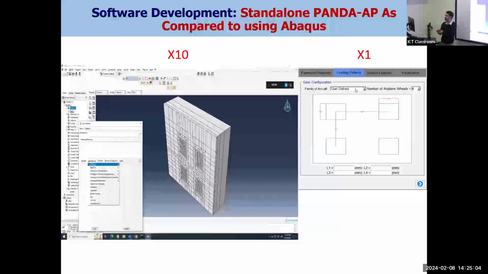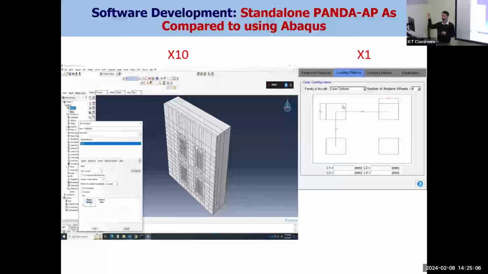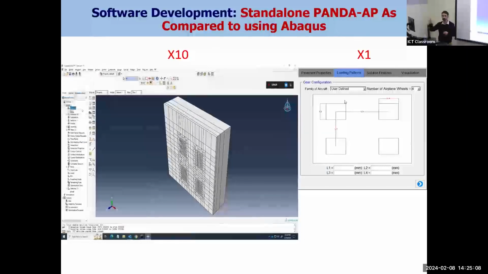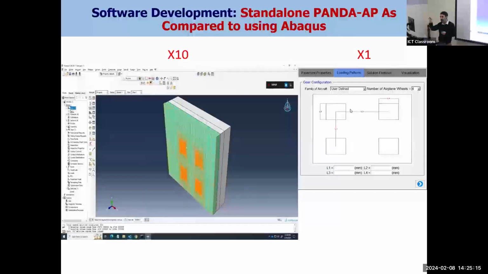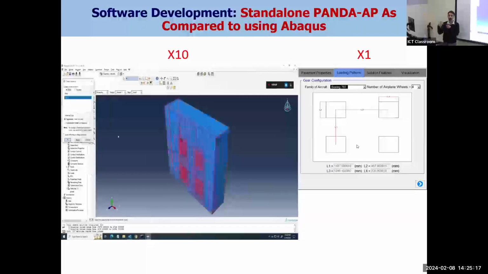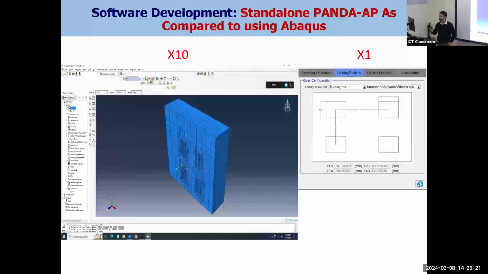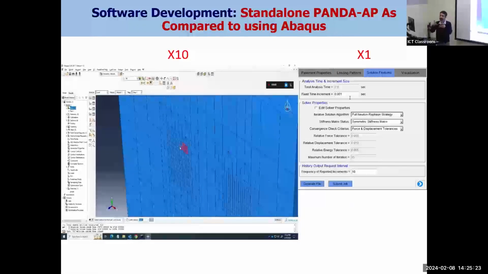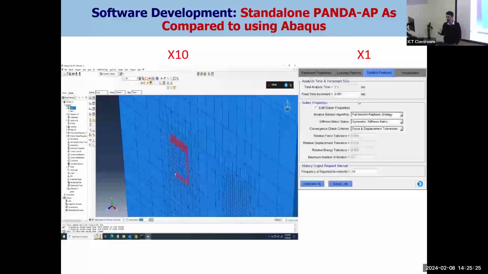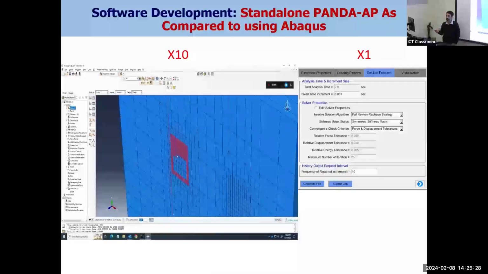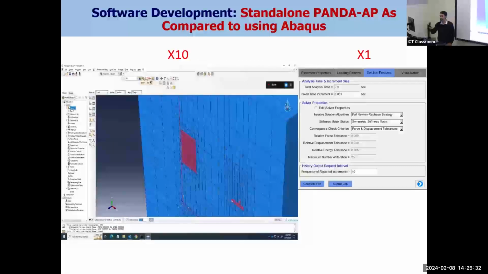And the idea here is that this is, for example, applying the load. So here we say, hey, this is the load that we want to apply, and this is the level. But when you want to use Abaqus, you need to go choose all those elements, make sure that you are not double choosing an element. So that is just to make sure that we are doing all these things in the background, but we don't want the user to actually see. And I'm done. This is still being worked on, so I won't.